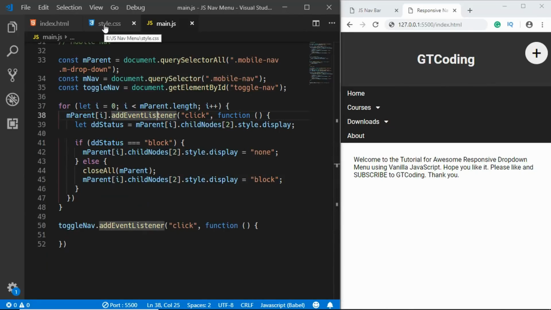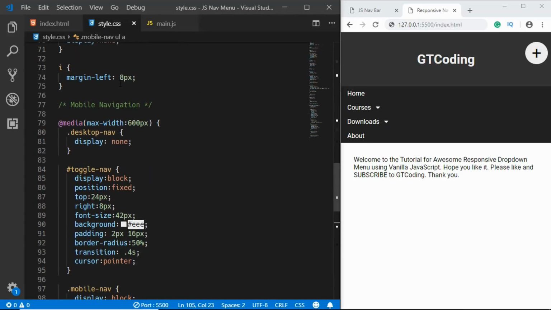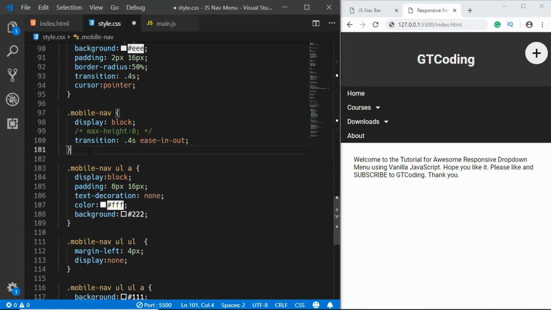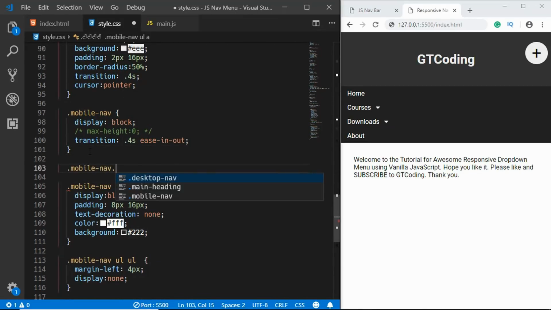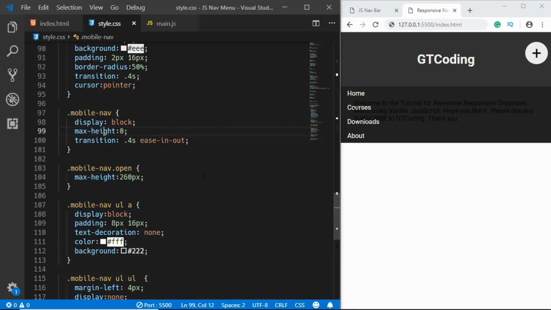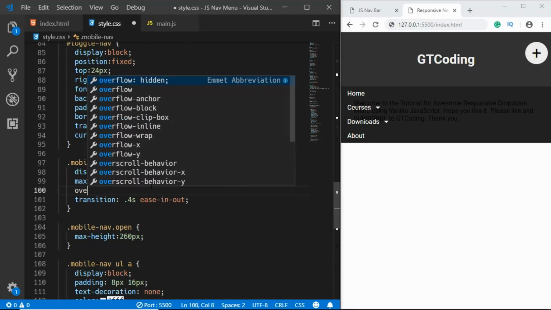So for that we have to add some lines of code in style.css. So here we'll go down over here, and below this mobile-nav we will type mobile-nav.open. So you have to type it without spaces, and here we will type max-height, and we will set the max-height to the maximum height that it will expand to. So I'll just type 260 pixels over here, and we will uncomment this, and we'll also set the overflow to hidden,